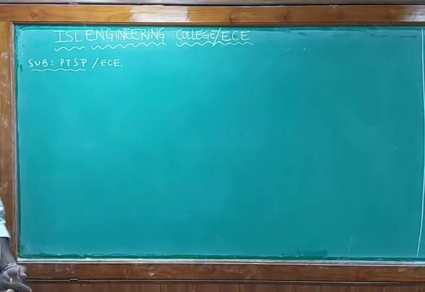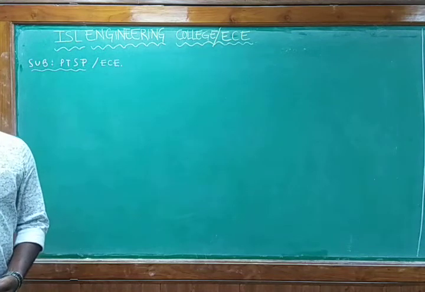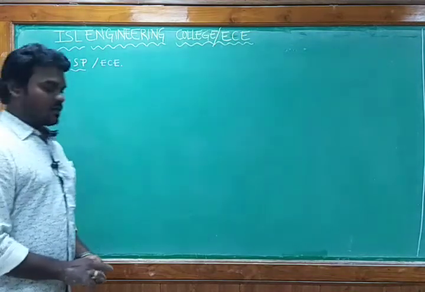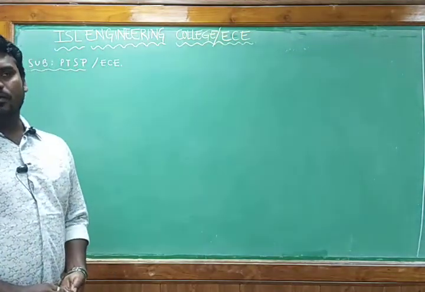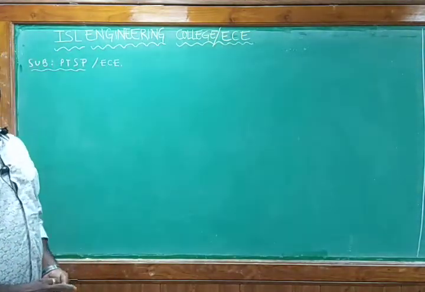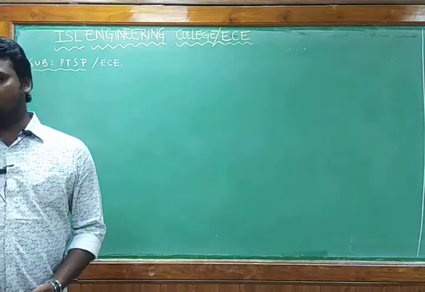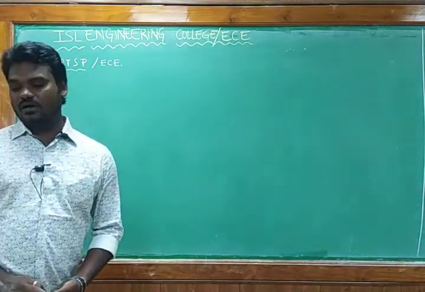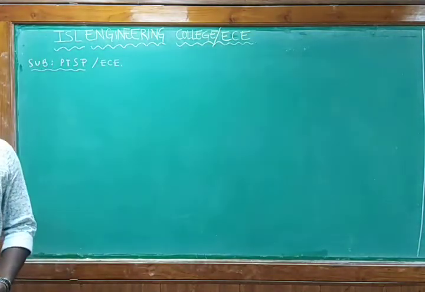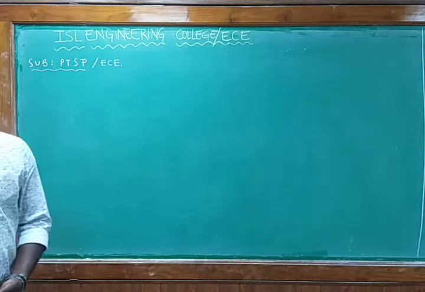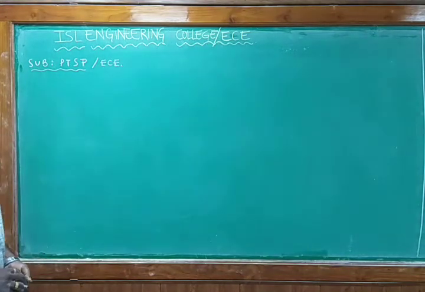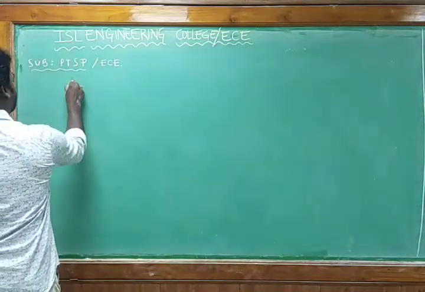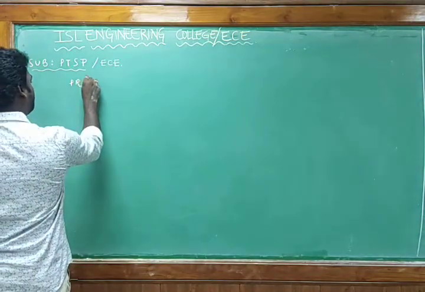In this class also I am going to discuss some more problems based on the concept of permutations and combinations. Using that, we are going to calculate the probability of some events. After that, I am going to discuss the axioms of probability. There are 3 axioms. First, I am going with the first problem in today's session.